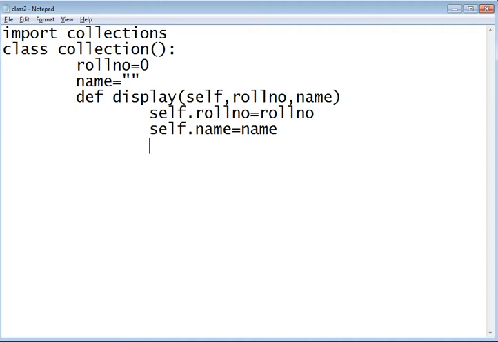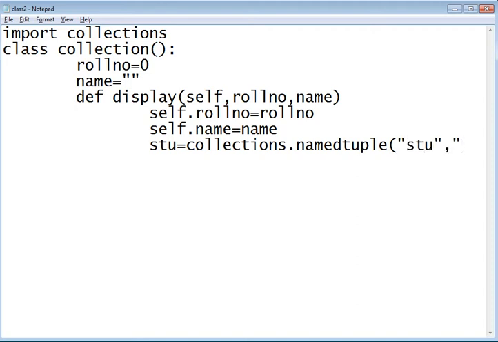We should use student is equal to collections dot namedtuple, and we should call it STU, for the student, and we have roll number, comma, name.